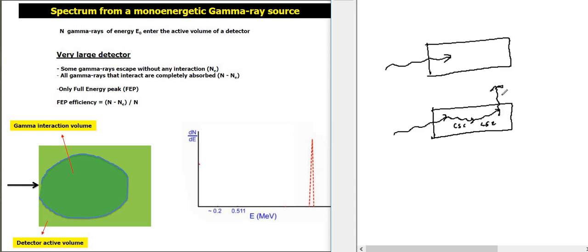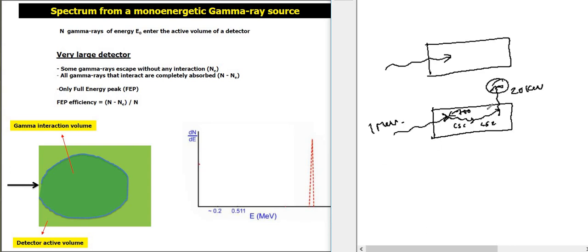But this third one, this gamma ray, goes outside of the detector. So how much energy will be deposited? Suppose this is 1 MeV and say 700 keV was deposited over here at this point, and then this gamma ray was 300 keV. So suppose this gamma ray is of 20 keV, let me say,